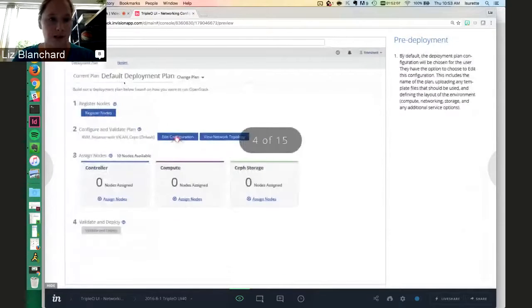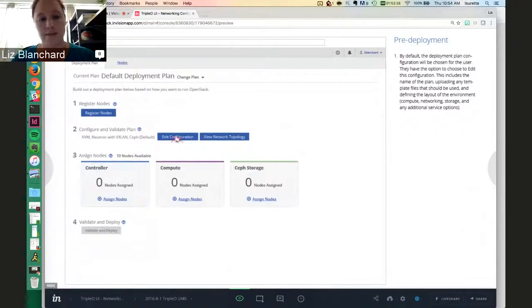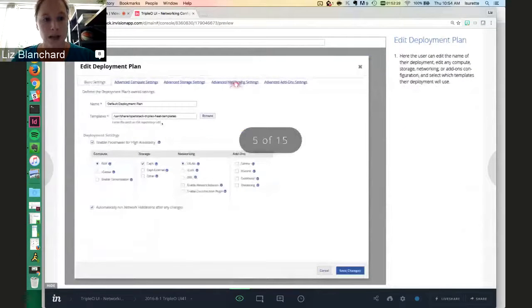I'm just showing this within the network flow so that I can explain at what point you might want to jump into networking. On step 2, we actually have a default plan. The default currently in the wireframes says you have Neutron with VXLAN as default. You can jump in and edit that configuration. We have a section for basic settings with high-level things like the name and what templates you're pointing to. And then I have a column here for networking. This is where we start getting into